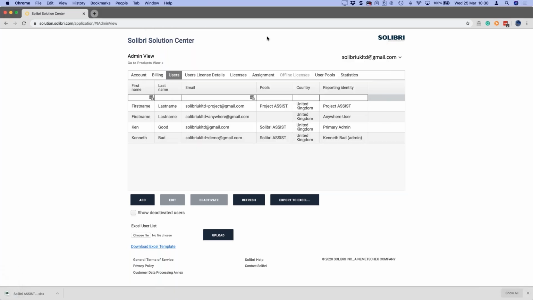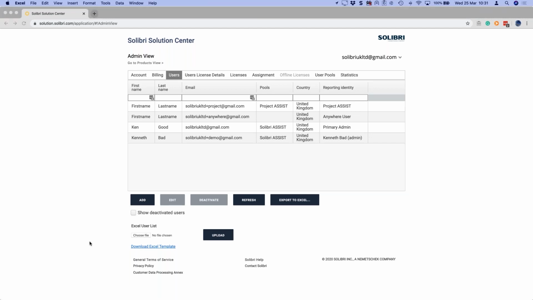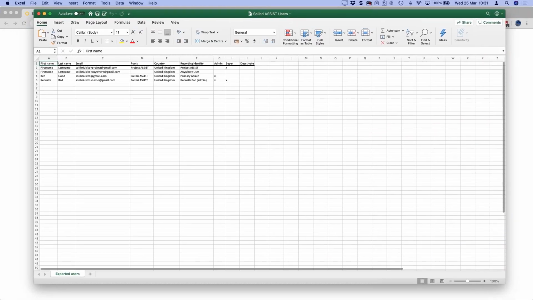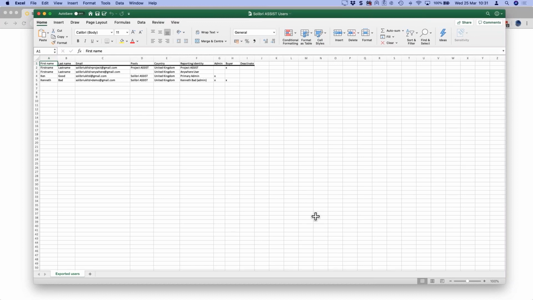Solibri Assist Users. I bet it starts on the wrong screen. Oh no, it doesn't start at all, sorry. Click to open. Yes, it started on the wrong screen, so let me resize this. So there we go. This is what we get by downloading the Excel sheet. And effectively what we can do here is we can stick in